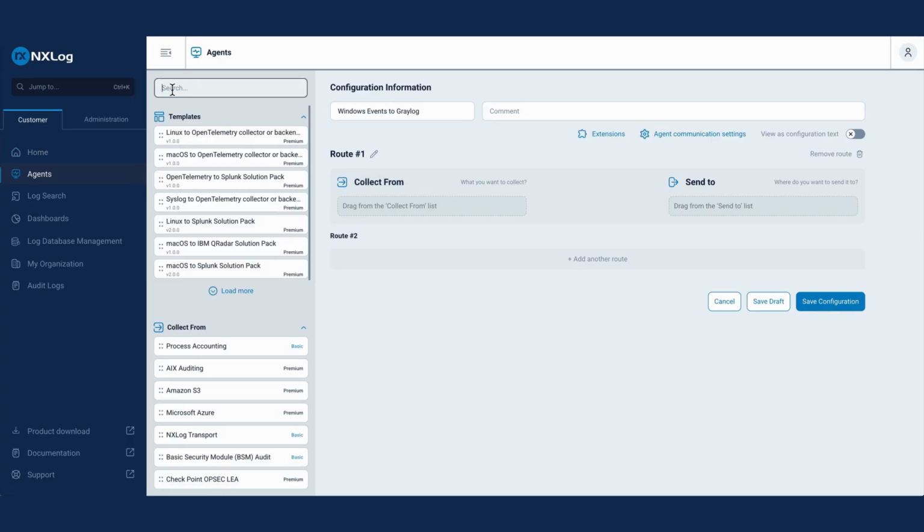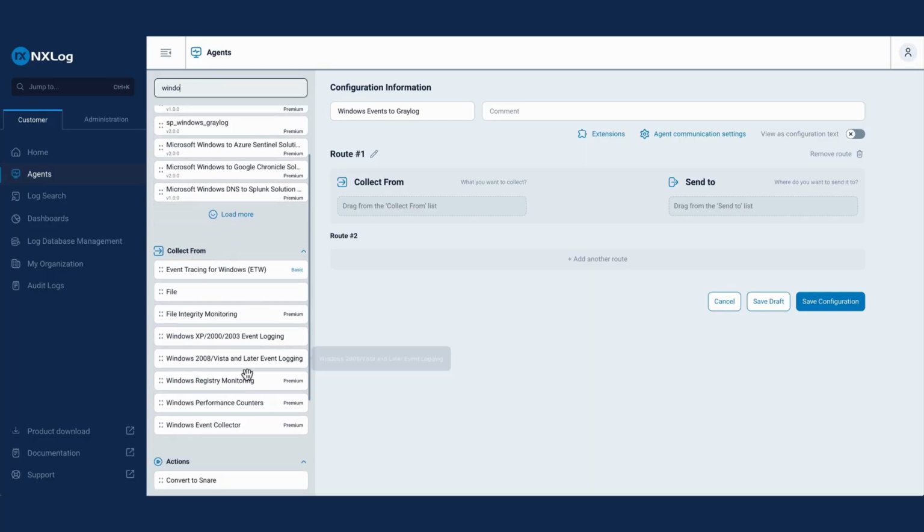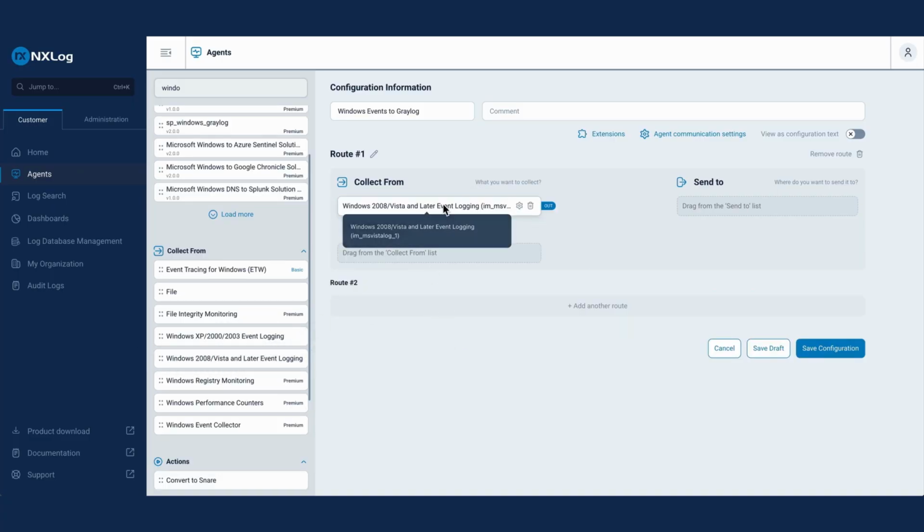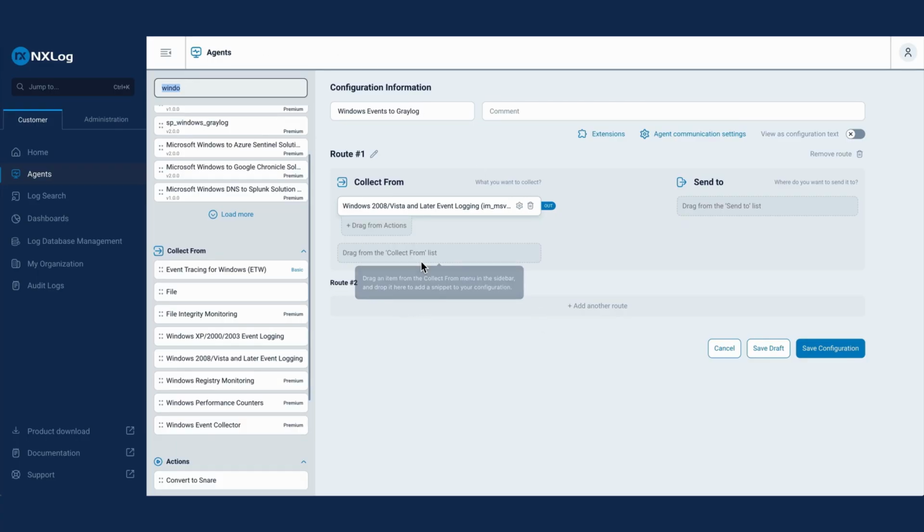And then here on the search bar, I will type Windows to see all the options I have. So for this point, I will collect the Windows event logs using my MS VistaLog input module. And as soon as I have my input, I also have to define my destination. And for the destination, we need to create the input type on the Graylog side. So before we create it, let's say that I will use UDP